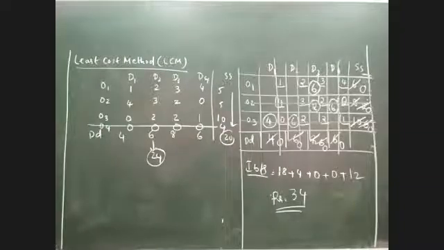Yes, sir. Okay, can I presume that now you are perfectly okay with the least cost method? Everybody has understood the least cost method clearly? Yes, sir. Please go ahead. Sir, where do we allocate dummy columns or rows? Should it be allocated at the last but one row or column, or anywhere?